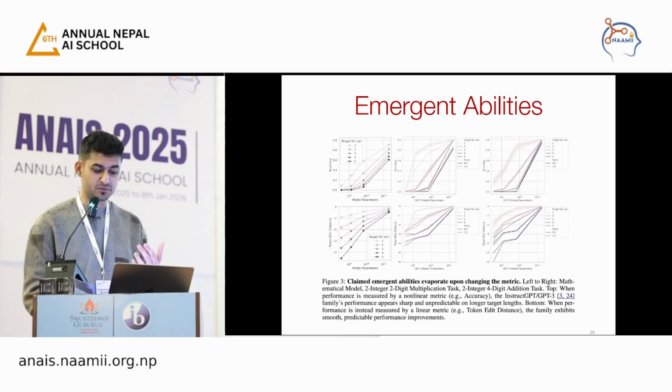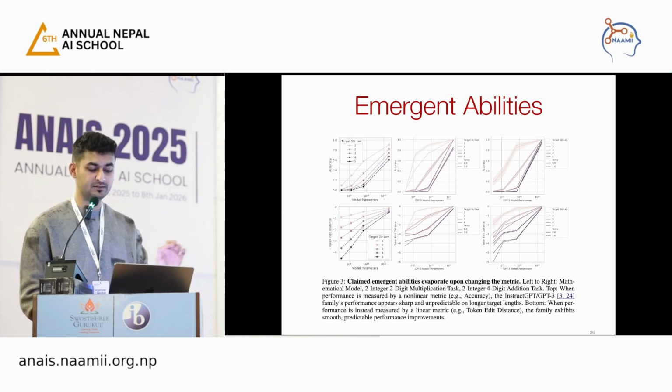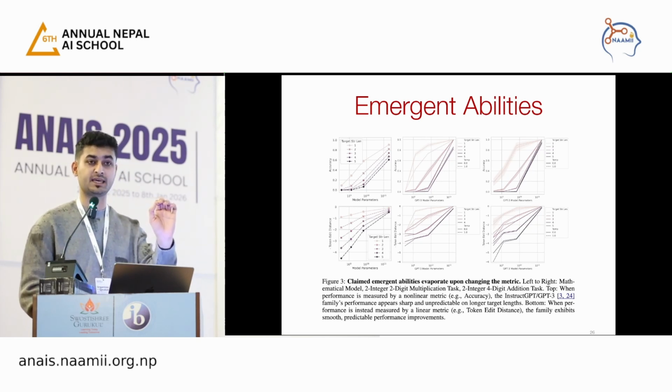the observation that we had in all of these was a very sharp increase of performance when the models go large. But when they change the metric, it's not as sharp. On the top, these are the original scores of emergent abilities, and the thing to notice here is that the performance gain is sharp. In the smaller models, it utterly fails, and then it improves when the scale increases.